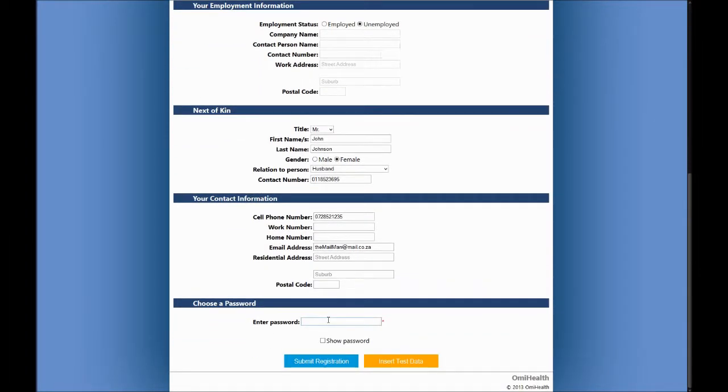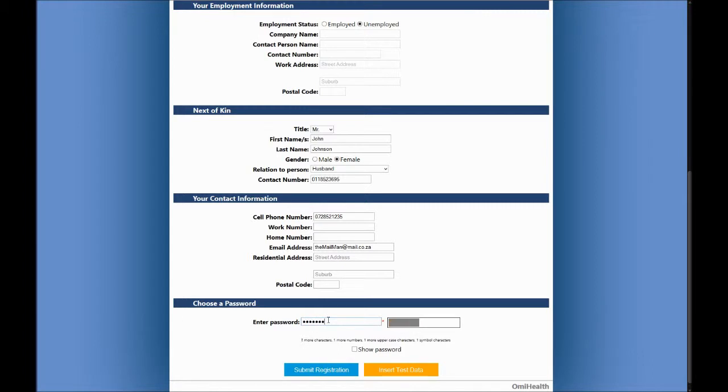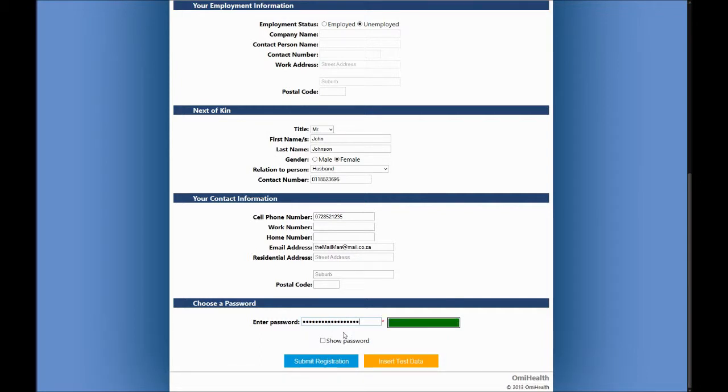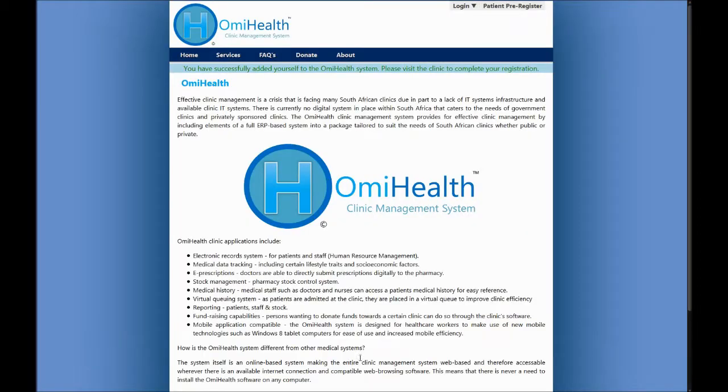At this point, we'd like to mention that all data sent to the database is via parameterized queries in order to prevent SQL injection attacks. From this point, I'll be changing my role as a patient to that of a staff member to demonstrate the OmiHealth Clinic Management features. I will now be handing over to Franco, who will be demonstrating the role of a